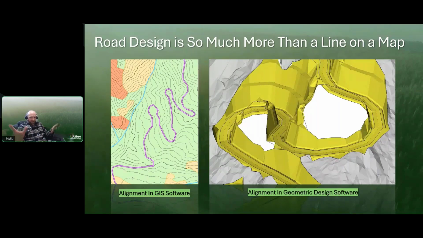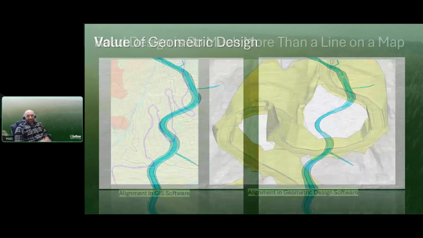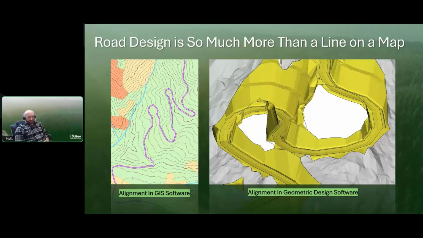With that cross-section geometry, we can extend it out and see how we're interacting with the surrounding terrain. The road itself becomes a surface or a series of surfaces as it interacts with the topo surface or a series of surfaces representing subsurface layers too. So we get a much better picture of what's going on.